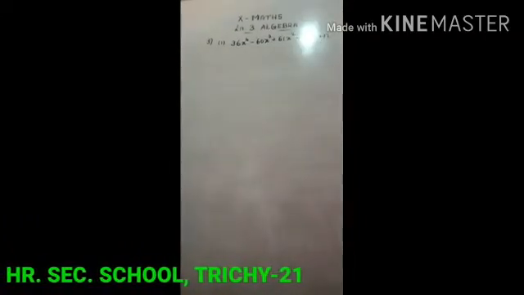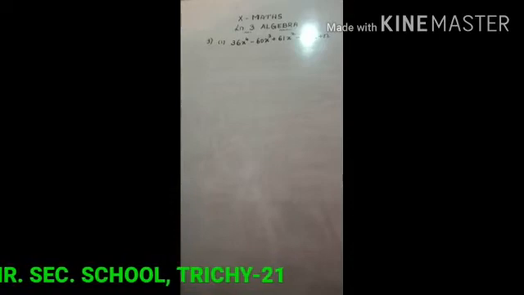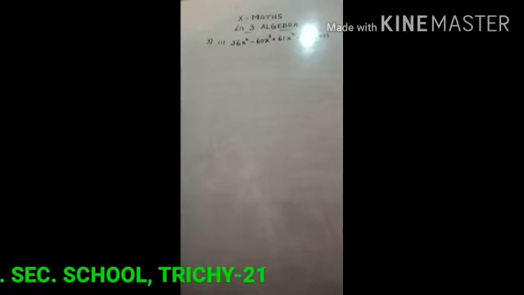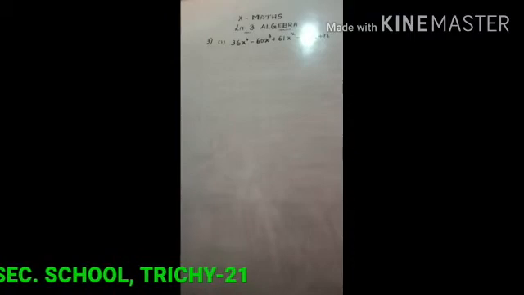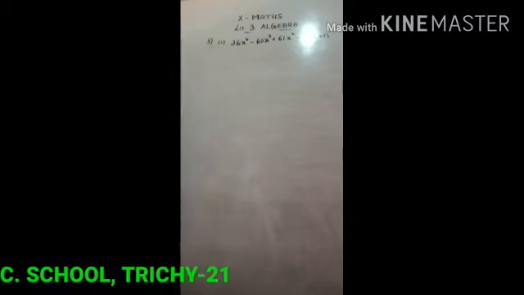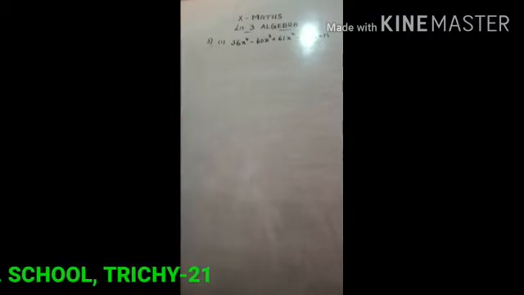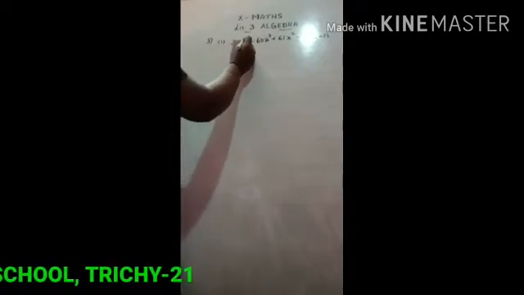In the third sum, find the values of m and n. The following polynomials are a perfect square. So third one, first subdivision, we find the value of m, n. So the question is 36x power 4